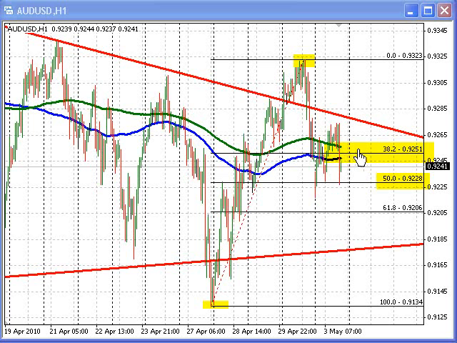So from an intraday basis, what I would look for is buyers above this blue and this green line, maybe even above the 38.2% and the 92.51. If the market's able to hold this level, this blue line here, which comes in around the 46, 47 level on the top side, we could see the market go down, test this 50% retracement, and maybe even see further liquidation down toward the 92.06 level before it's all said and done, as the market tries to square up their positions before what is going to be an important Reserve Bank of Australia interest rate decision later on tonight.